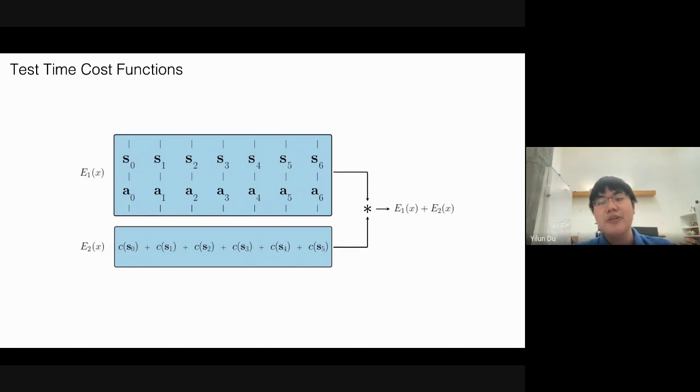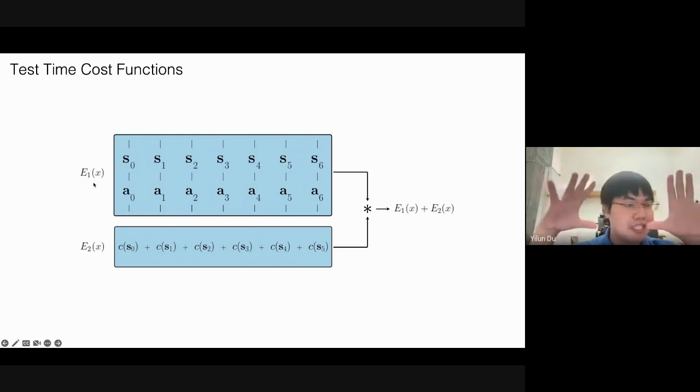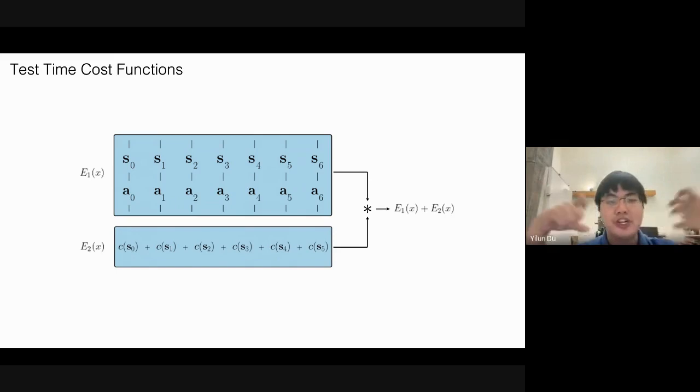Yeah. So how scalable is this type of method? Well, I think in this setting here, this energy function E1 of X is just a model representing different trajectories of agents. So this model here, you can just imagine you can train a very, very large model. People have been able to train diffusion models on huge amounts of text to image data sets. So it seems like it would be possible to scale these also to millions of trajectories of robots or other agents. So the second energy function here basically specifies what you want to do at test time.